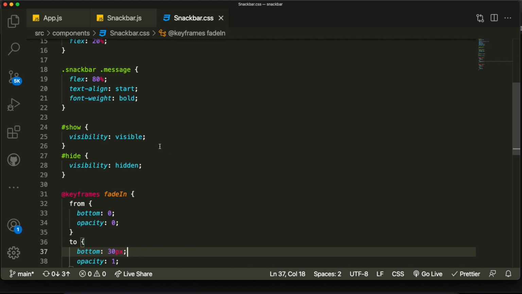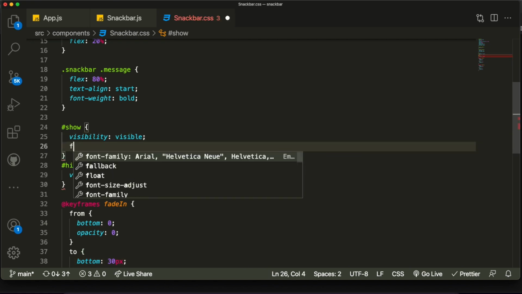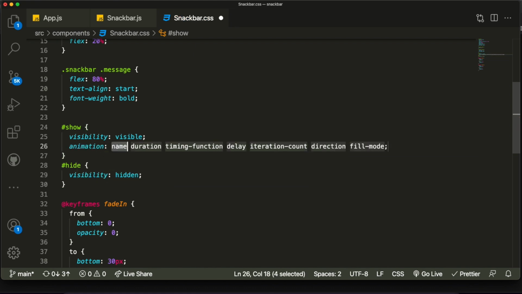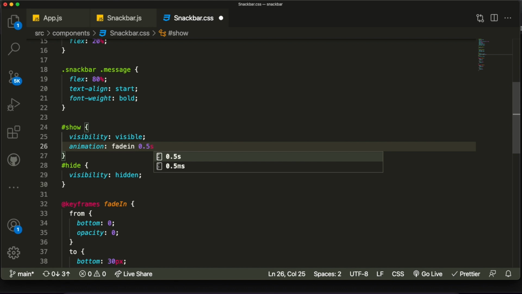And for the show, what we want to do is we want to add both the animation over here, and I hate when this auto completes, but basically for the animation, what I want to give is first of all the fadeIn like this for 0.5 seconds. Then we want to call the fadeOut, and the reason why we're calling both of them, and I forgot to put the capital I over here,